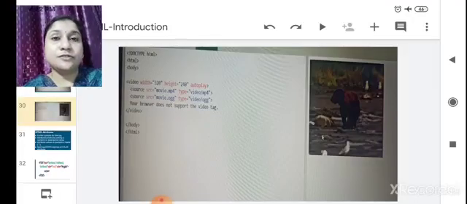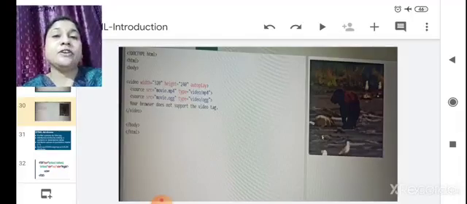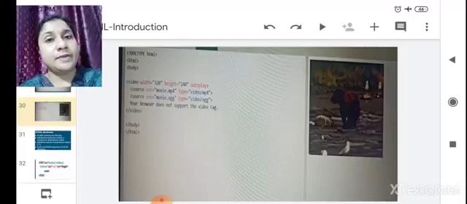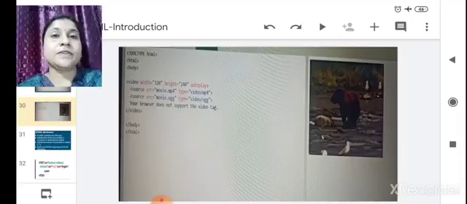Then we also saw canvas, how to draw and create a shape on a web page. Then we learned about the audio and video tags, and how we can add audio and video to our web pages by using them.